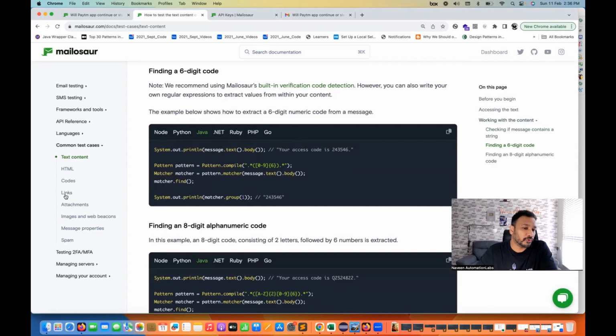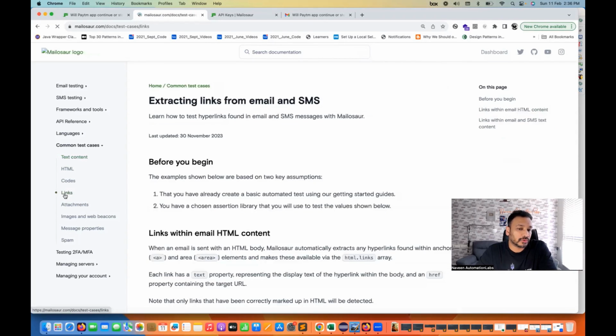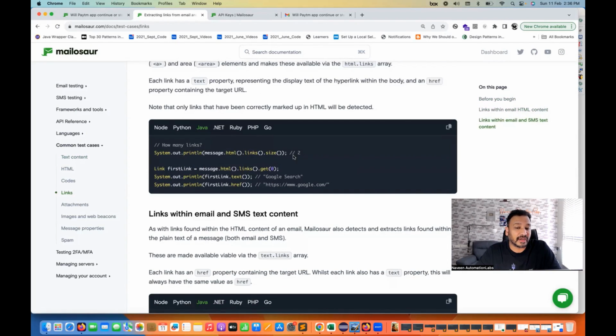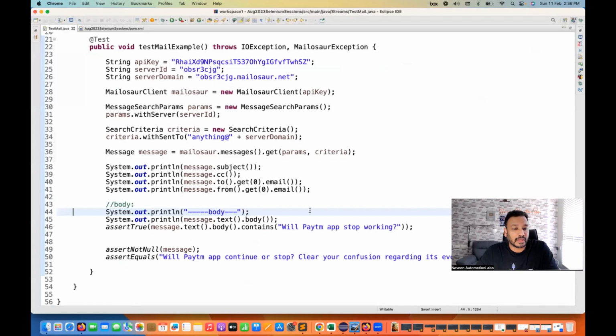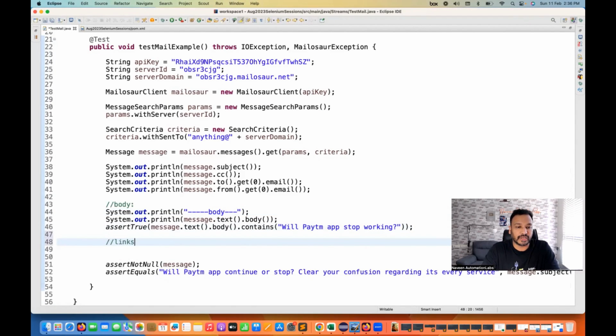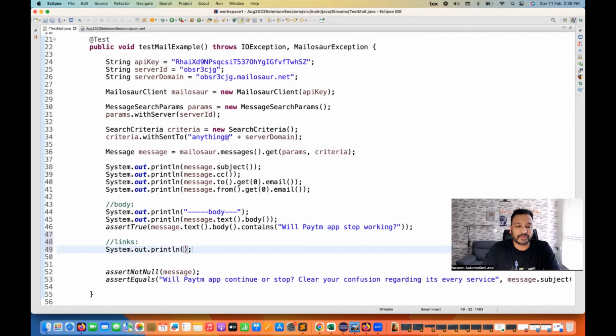But let's say I really want to fetch the links also. So for the links, what we need to do, simple, it's written how many links are there first of all, and then give me the link information also if you really want to fetch. So let's do one thing. Let's customize this code, and then I'll say that I want to fetch the links. So now I'm going to write for the links, and I'm printing after this line that,